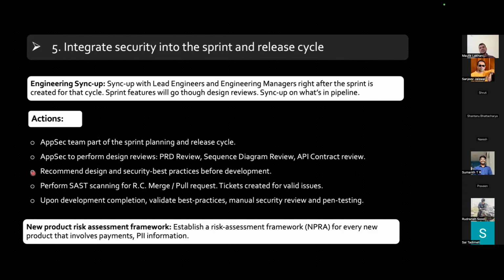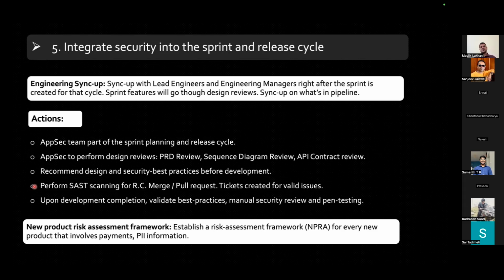These are the security issues I can see from the design, or these are the security best practices you should follow before you start. So even if it does not have a security issue, you can say that these are the best practices you should follow for this particular feature. So they build it securely by design and by code as well. Then once they start developing, they would have their RC cut or their feature branch ready. So they will have their merge request or a pull request, and you can request them to submit that whenever their merge request or pull request is ready.